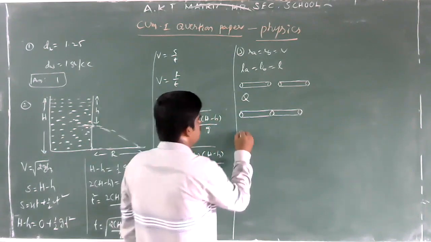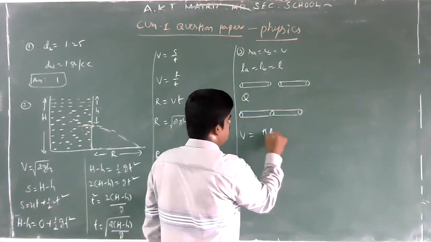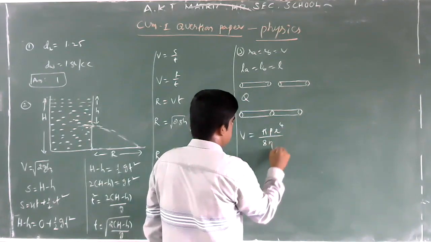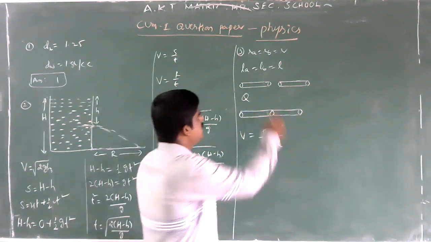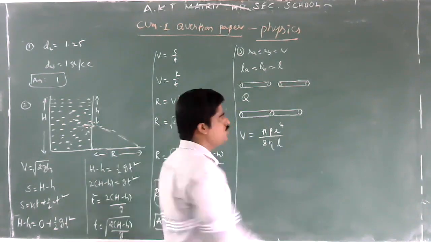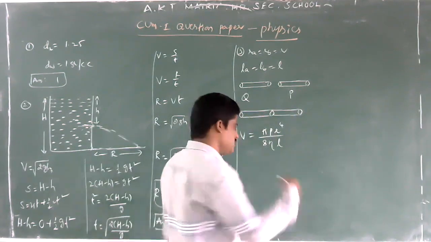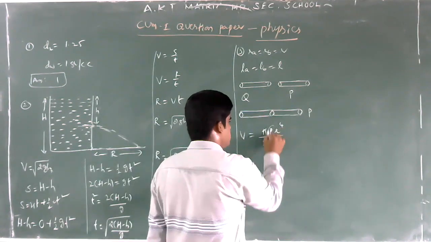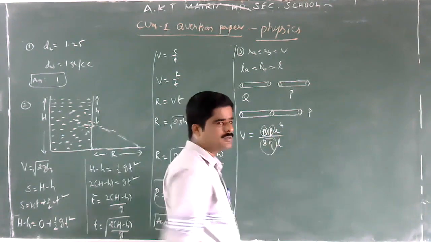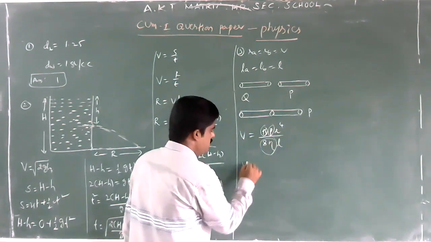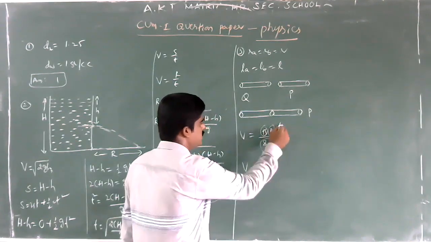We know that from Poiseuille's equation, the rate of flow of liquid V is equal to pi P r power 4 by 8 eta L. But according to the statement, individually the pressure difference across each capillary tube is P. Next, when they are connected in series, again the pressure difference is the same P. That is, P is constant, pi is constant, the same fluid is flowing, so eta is also constant. Okay. So then V is proportional to r power of 4 by L. Remove the constants.